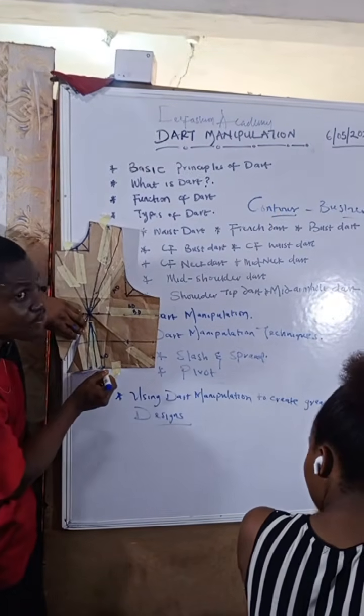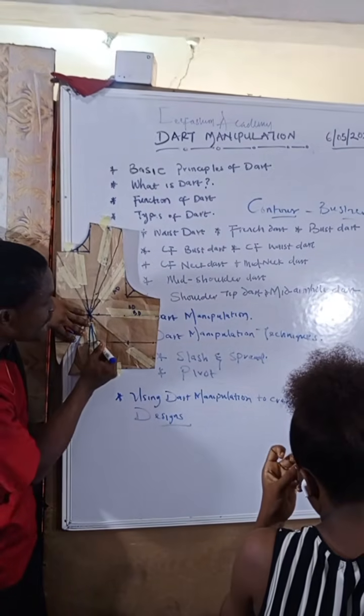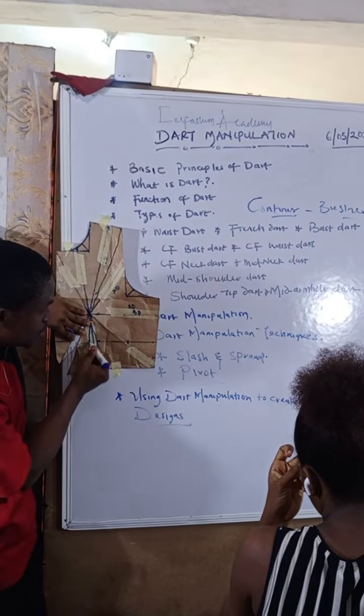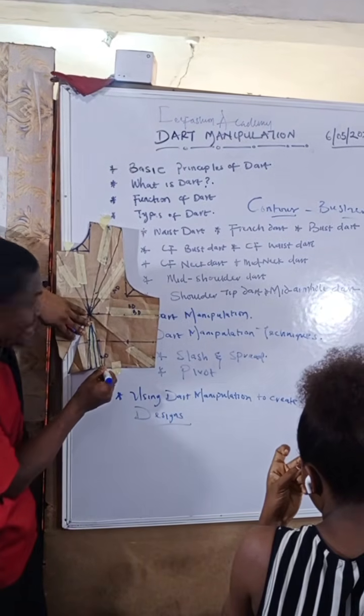Instead of you measuring this, putting this half here and putting this half here, we go ahead to put the half here, put the half here. When we get to this part, we take it straight. When we get to this part, we take it straight. You could have seen that kind of bar. Instead of coming all the way from half length to the